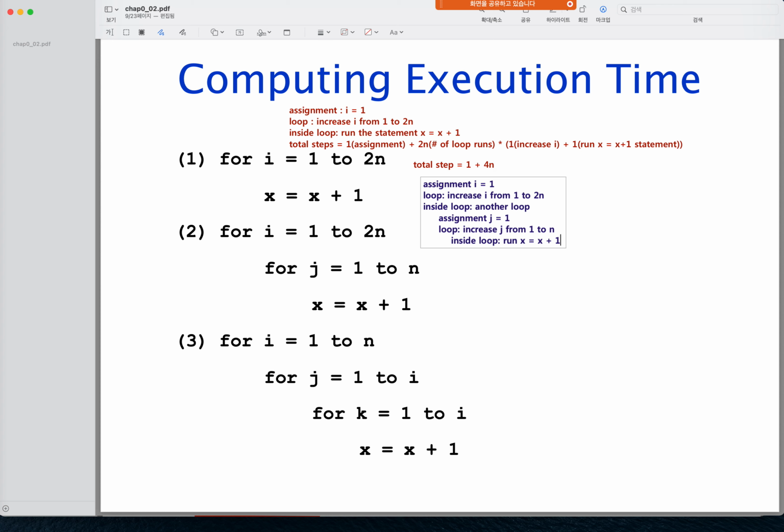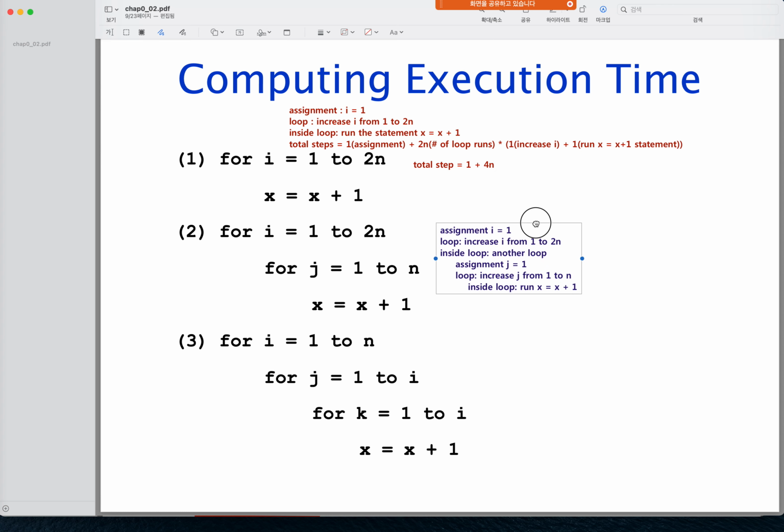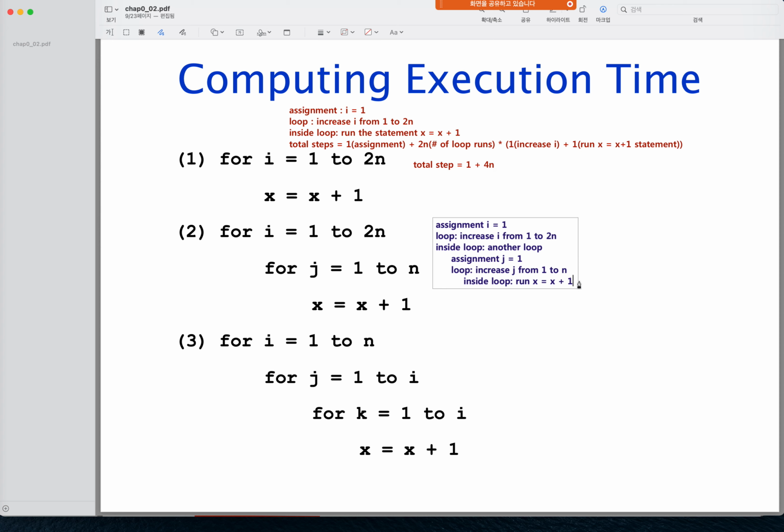So here is the number of executions. Using this property, we can calculate the total execution time: 1 plus 1 is the assignment, the first assignment i equal 1, plus there is the loop of 2n, and inside the loop is 1, the number of loops 1, it is increase i, plus